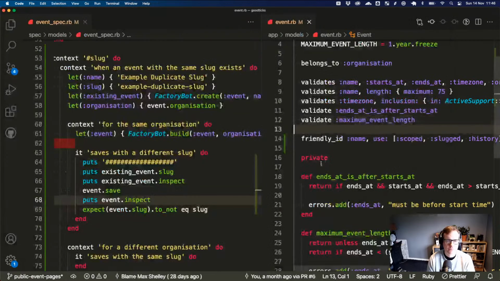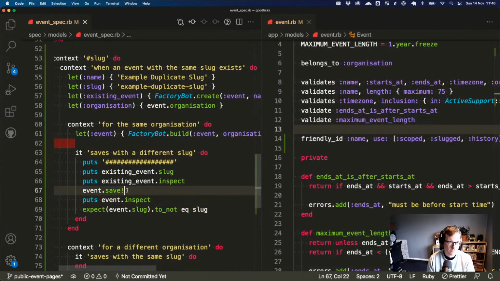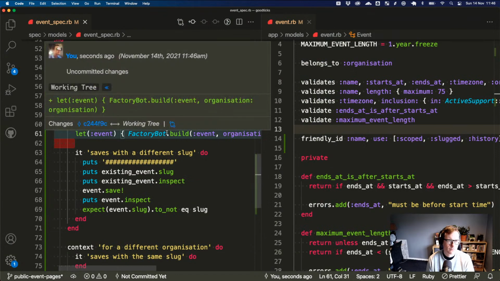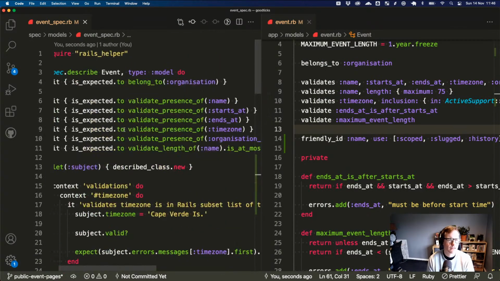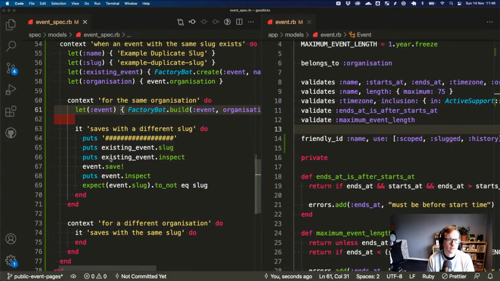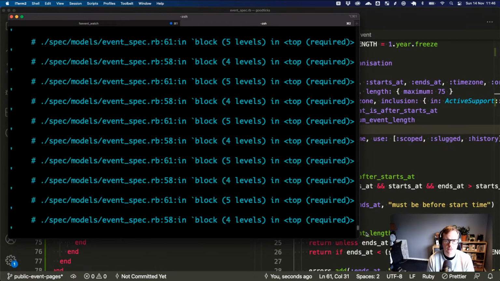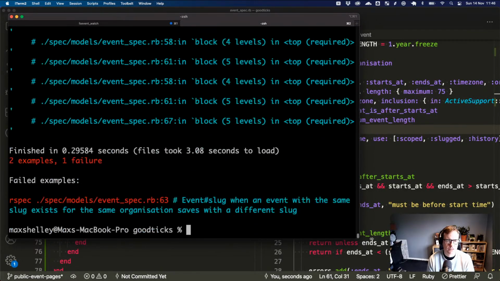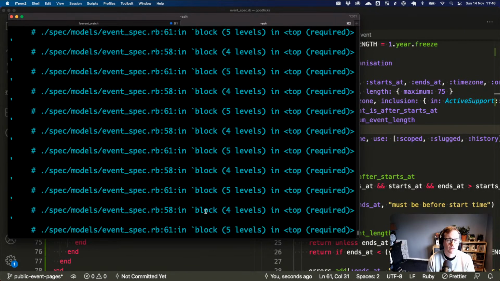Broke that pretty strongly. Oh, is there already event? No, it's just subject. Oh, we should probably do that as well. Okay, so this is just doing a loop.